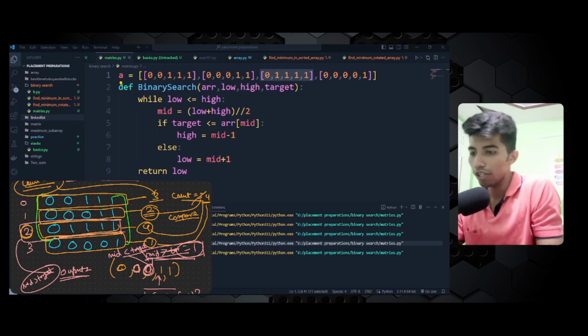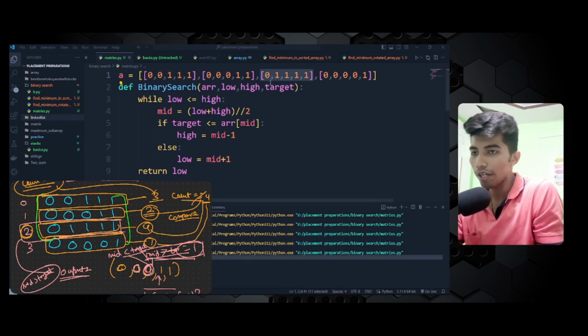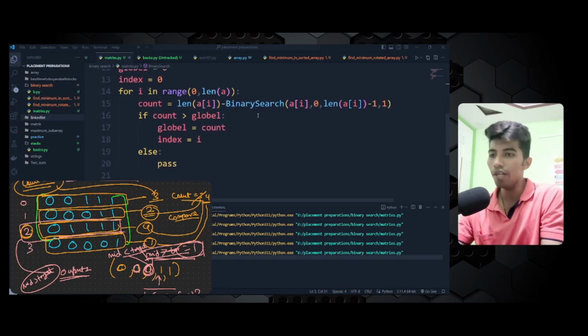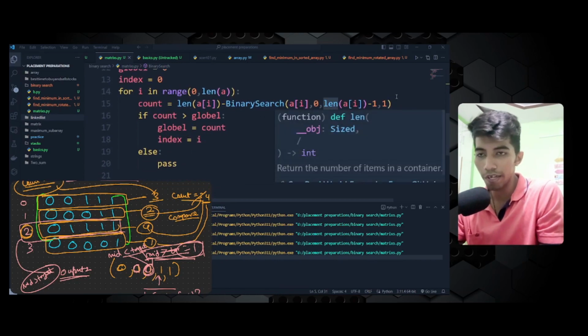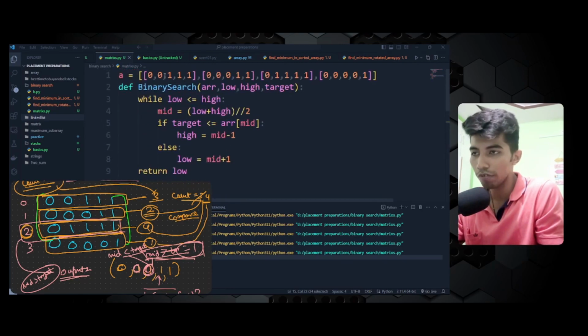I will just remove this particular window so that you can see. So here you see we have got our answer as 2. After running this successfully, we got our answer 2. So I think this problem is now clear to you. What we have done is simply written the binary search. Here we are getting the value, here we are getting the value. In the first iteration we will get the value as